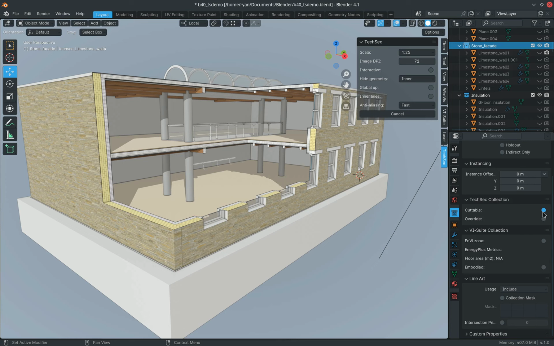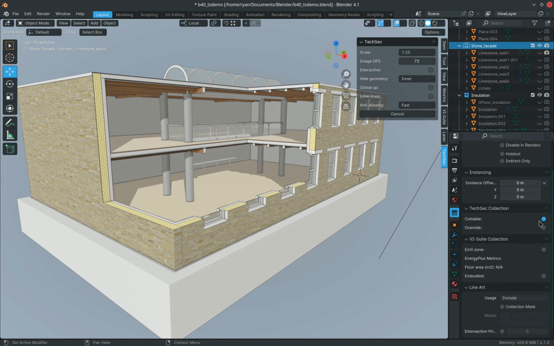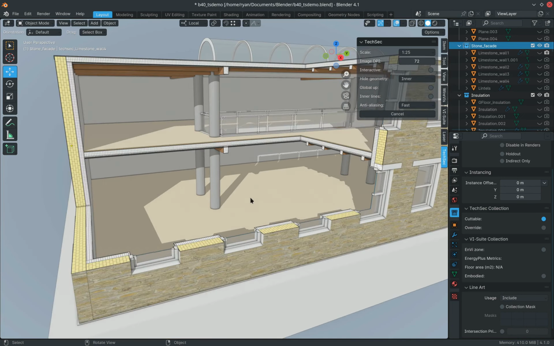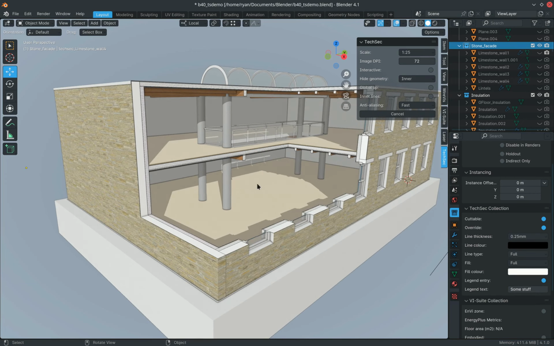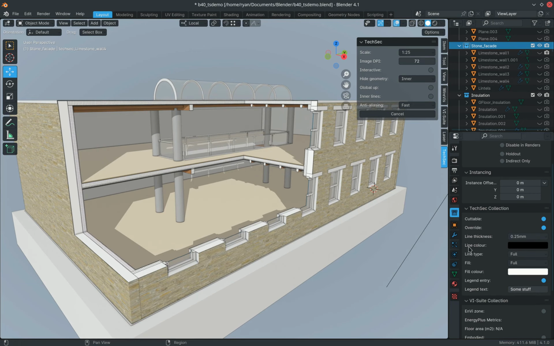One is cuttable. Well, you start off with only one option, cuttable. If I turn that on, that means that every object within that collection is now considered to be a cuttable object. And I can also then specify override. So at the moment, all of these external walls have this yellow brick hatching pattern. But if I turn on override, then all those external walls will now pick up the TechSec Collection settings, which is a fill color of white,